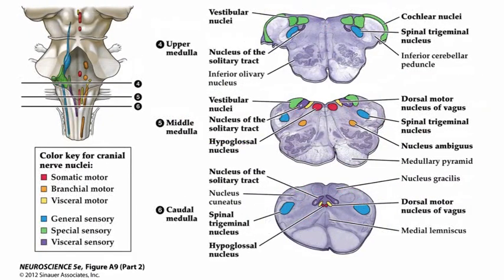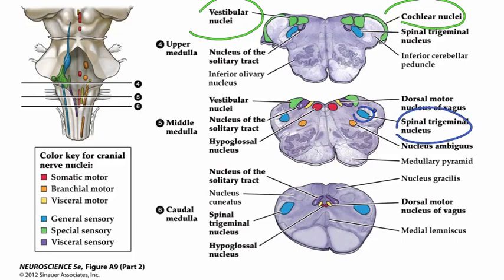Now we go just a little bit further down near the junction of the pons and the medulla. We find additional vestibular nuclei in about the same position, but we also see the cochlear nuclei, which seem to sort of cap the dorsal lateral aspect of the upper pons. We're continuing to progress through the caudal medulla, so we would expect to see the spinal nucleus of the trigeminal complex, which we have here